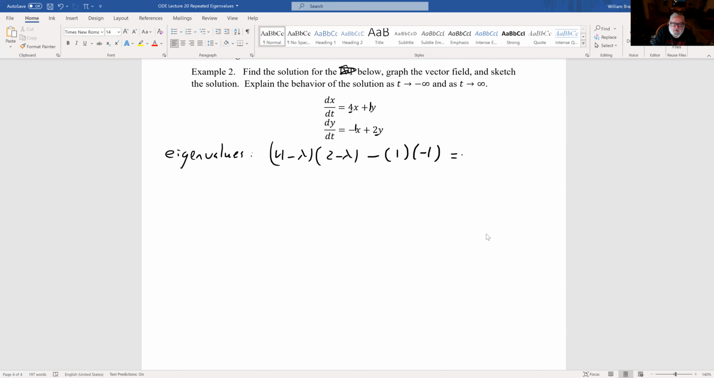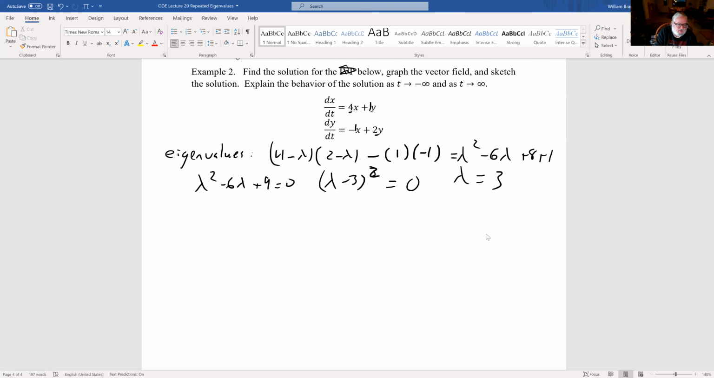So we get lambda squared minus 6 lambda plus 8 plus 1, lambda squared minus 6 lambda plus 9, and we want that equal to 0. That's lambda minus 3 quantity squared equals 0. So lambda is 3 repeated twice. So our solution is y equals e to the 3t W1 plus t e to the 3t W2,